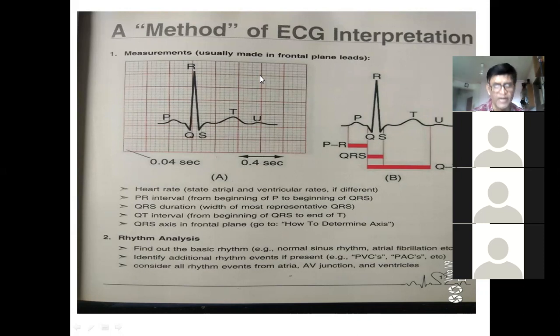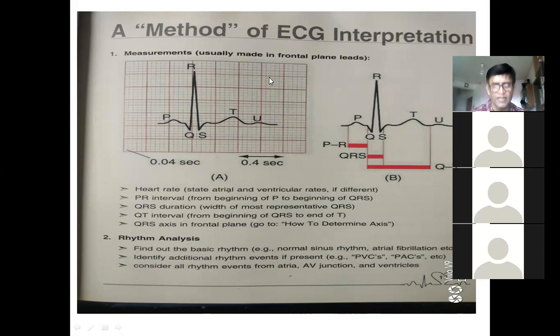So when it is 15, it is 100. If it is 16, it is 93.7, around 94. If the next R interval is here, it is 94. If it is around here, that number is 17 squares, correct? 15 plus 2 is 17. The heart rate is 88.